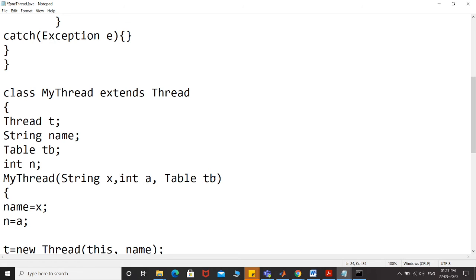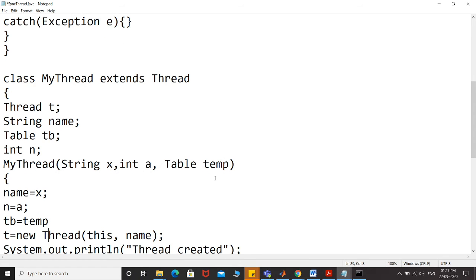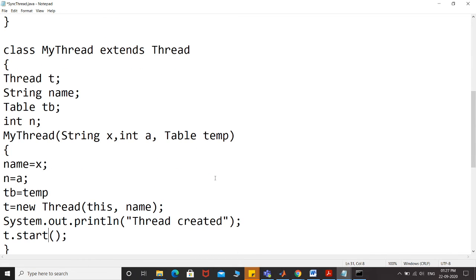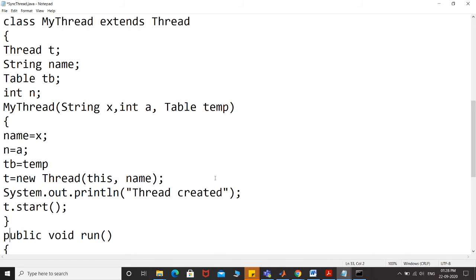Here also we passed tb, let it be just t1, or what should I say, temp, let it be temp. It will be a temporary variable, so tb is equal to temp, right? So we have initialized all these variables, and then we have initialized our thread by using new thread method, and then we have started our method.